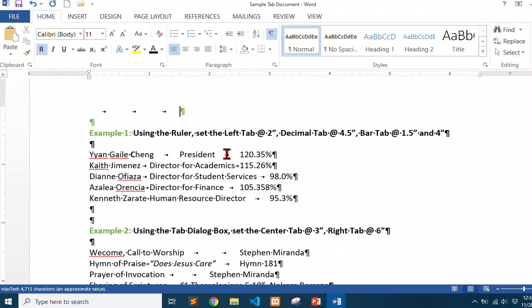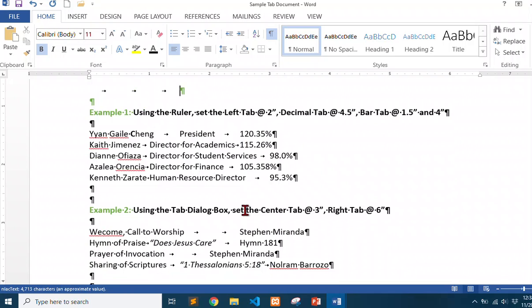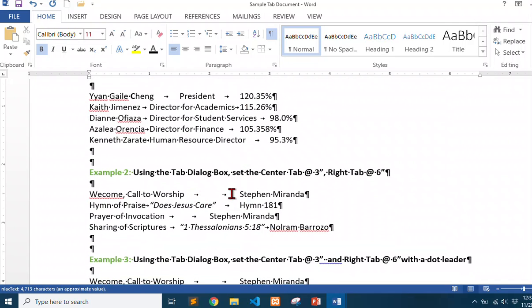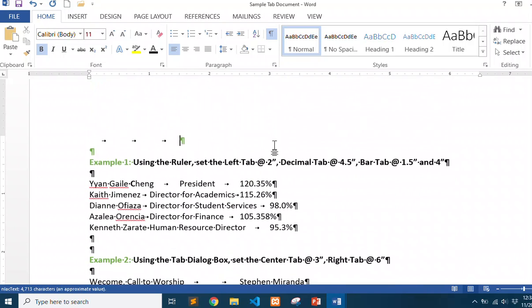This is the symbol for the tab key, the arrow. So I pressed the tab key once here. On this part, I pressed the tab key twice. If you want to hide the paragraph mark, you click again the paragraph mark button.